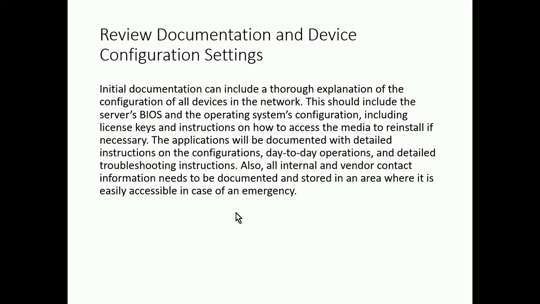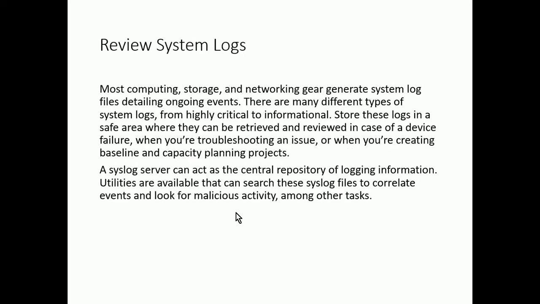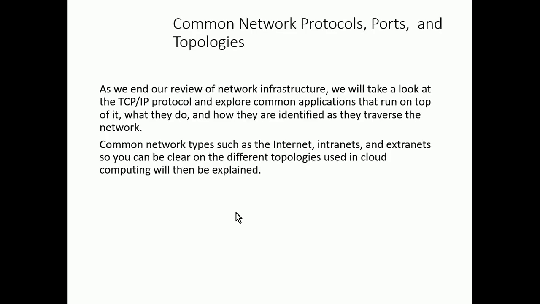All right, so it's important to review documentation and device configuration settings. Sometimes we can use audits to do that. It's important to have that documentation. I think a lot of people forget to even have the documentation for these devices. So it's important to make sure that you have the documentation and that you can apply that documentation to networking devices throughout your infrastructure. Periodically, you have to review system logs. This is an important step in doing not only auditing, but also verifying configurations, and also intrusion detection and prevention systems use system logs in order to detect any suspicious activity. And again, we'll talk about IDS later on with cloud security.